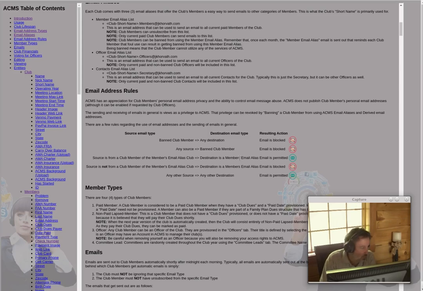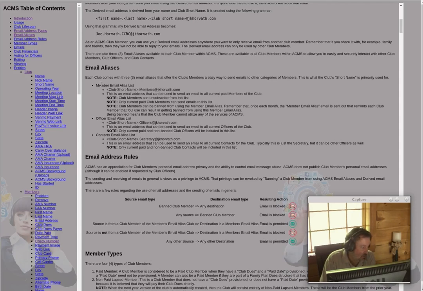Just wanted to talk a little bit about email aliases, especially this member email alias list. It's a real handy thing for all the members of the club to communicate across themselves. Helps build unity across all the club's members. And if perchance you have some rogue club member, and I hope this never happens to you, but if you have some rogue club member that starts abusing their privileges on the members' email alias list, remember that you can always ban them, and then that kind of prevents them from being able to utilize this and keeps an open communication channel for all the remainder of the